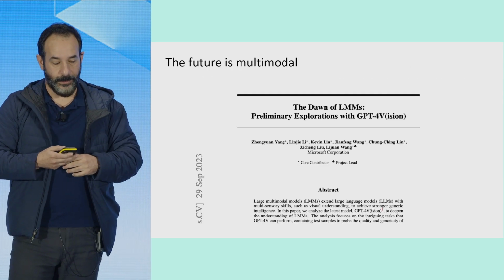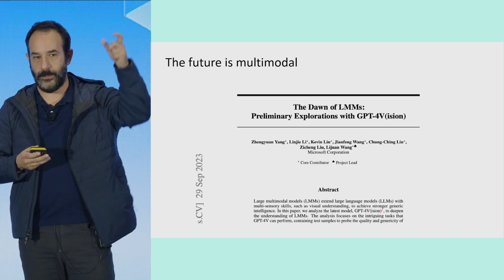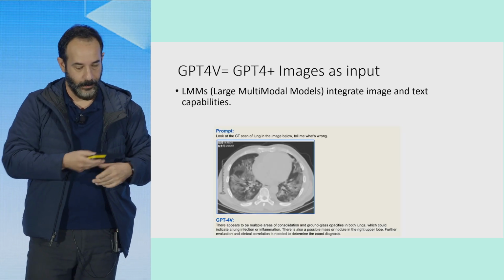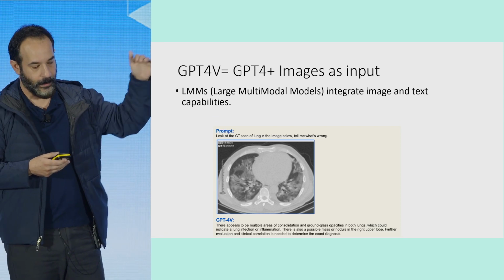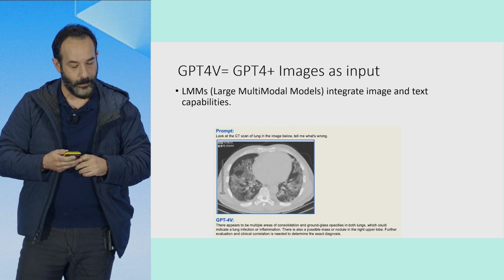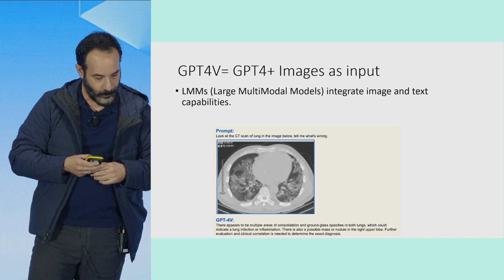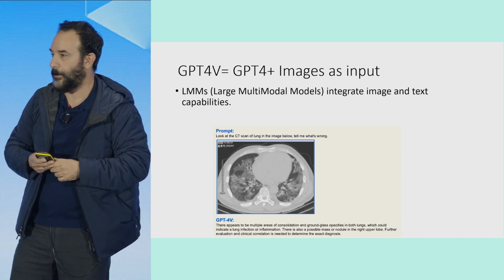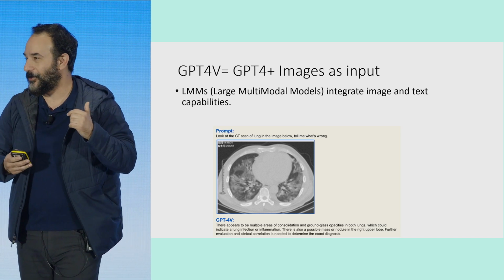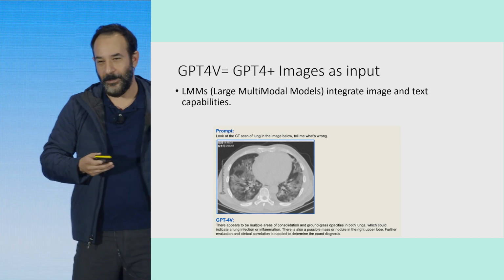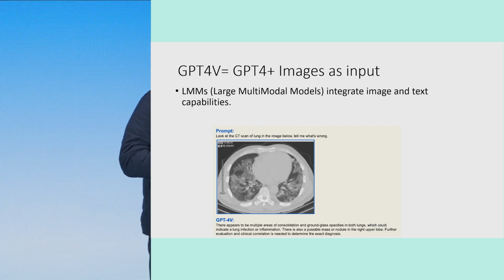So of course the future is multimodal, so it's not only about text now, it's images and text, so you need multimodal datasets that have images and text together. So here I'm showing an example of GPT-4v, which you all know. You can put an image and ask for a prompt. Look at the CT scan of this lung and tell me what's wrong. And GPT-4v produces this diagnosis. There appears to be multiple areas of consolidation, blah, blah, blah. I showed this to doctors and they said it's actually wrong. But still it's pretty good and maybe it will get better. So it's not replacing doctors just yet, but